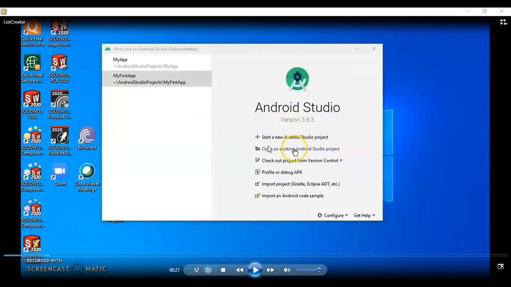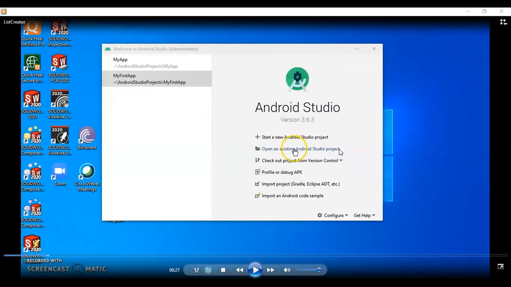Before that, we will go through each option provided by Android Studio. The first one is to start a new Android Studio project. If you want to create a new project, you will select this option. If you want to open an existing Android Studio project, you will select the second option.